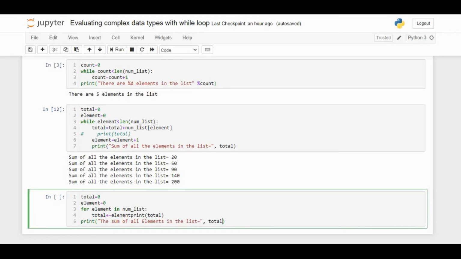Okay. So what they are saying here is simple, friends. Here also, like in this case, I use two different variables. One is going to show the total of each and every iteration, and earlier the element was acting like an index of our num_list. But here element is not acting like an index of our num_list, and our total is as usual going to carry the total of each and every iteration. Whereas our element is going to count the number of elements here. Sorry, here I just kept print here.